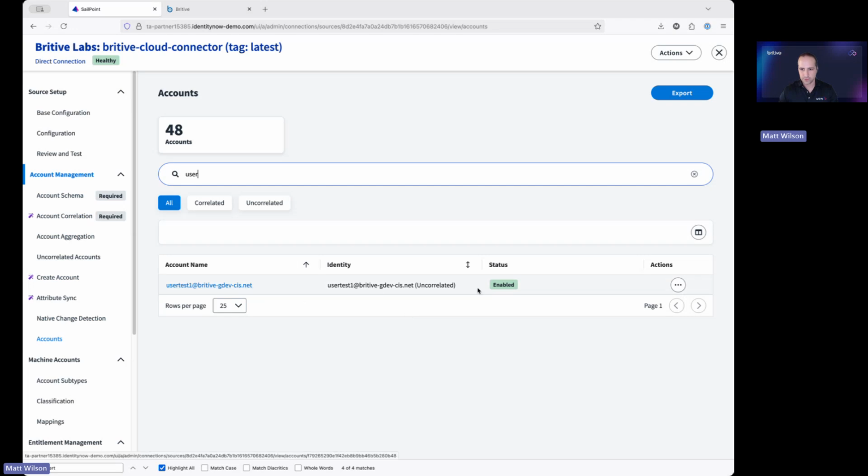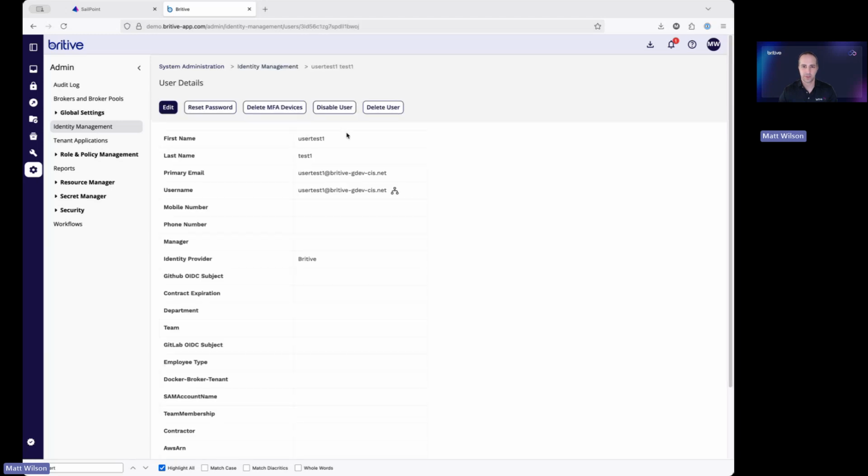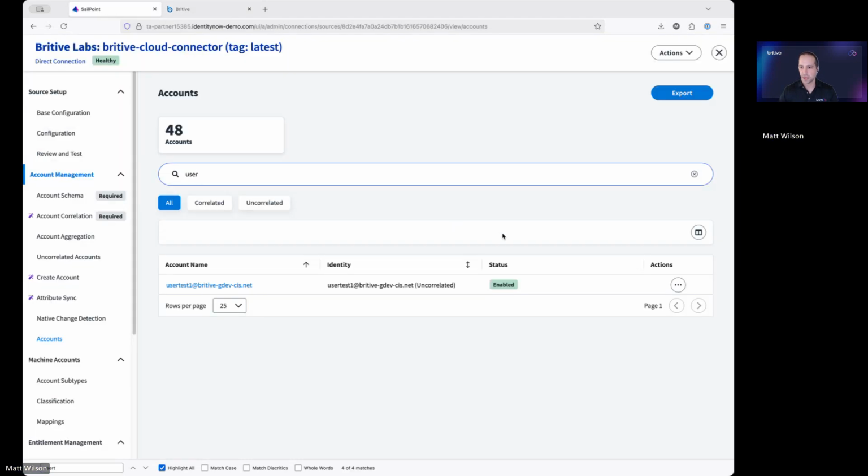So I have this account, it is enabled. And if I show it over on the Britive side, this is in the Britive identity management administration area as well. So I have that same user test, and you can see the status is active. In fact, let's go ahead and manage the account so we can see what this does here. So I have an option to disable the user since it is an active account, but I'm not going to do that from here. So let me go to the SailPoint side, and I will take the action of disabling